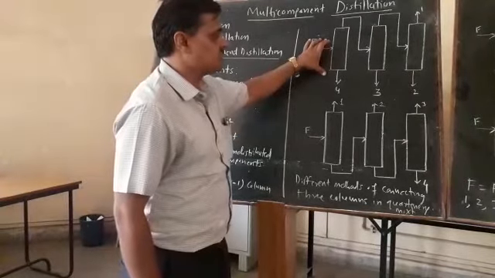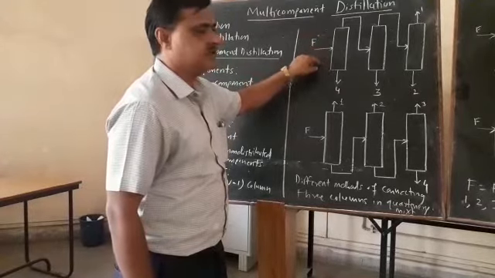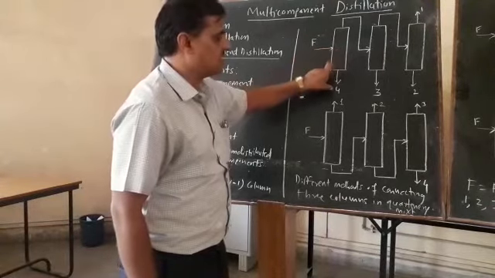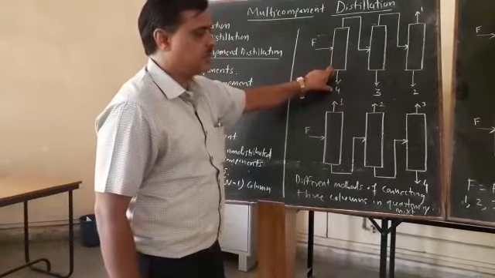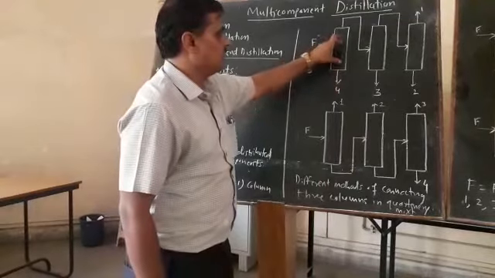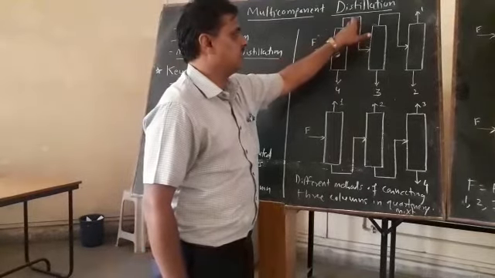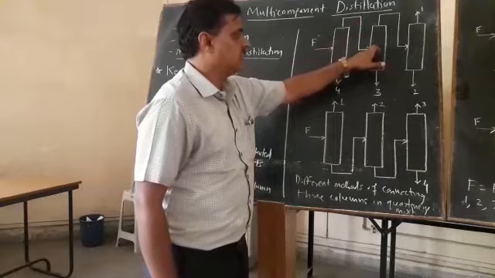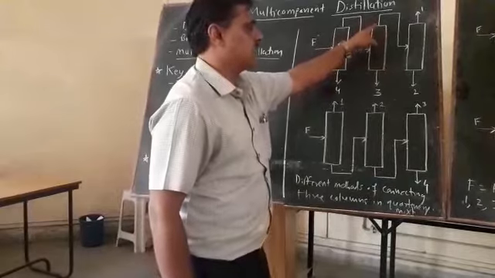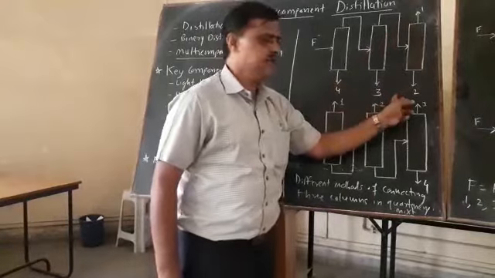Let us see the first diagram. The feed is entered which contains the first, second, third and fourth components. The components 1, 2, 3, 4 are in order of increasing boiling point. In the first column you get the fourth component at the bottom, and the mixture of first, second, third components is obtained at the top, which enters the second column where the third component is separated, and the first and second components are obtained at the top, which enter the third column where the first and second components are separated out.